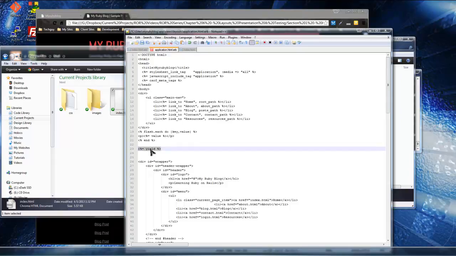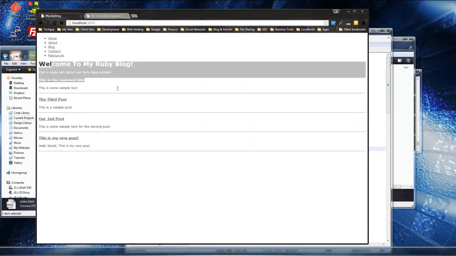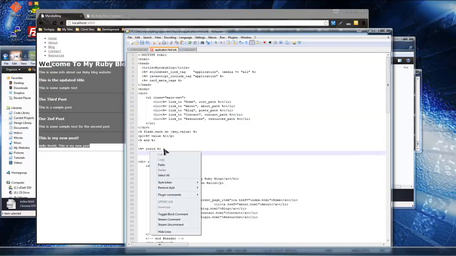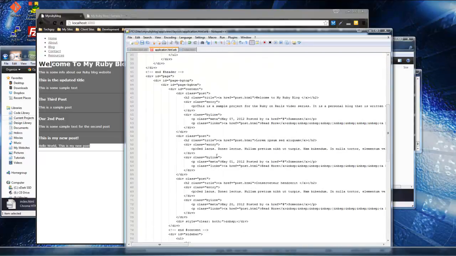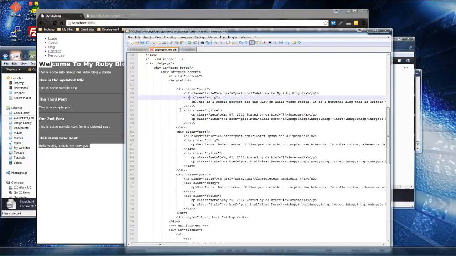Let's take this yield, which is the view, the entire view. In this case, it would be from here down. I want to take that, and I want to place it in place of all these static posts. And it looks like we're going to put it right in this content div. And the way this HTML template is styled, it has a post div